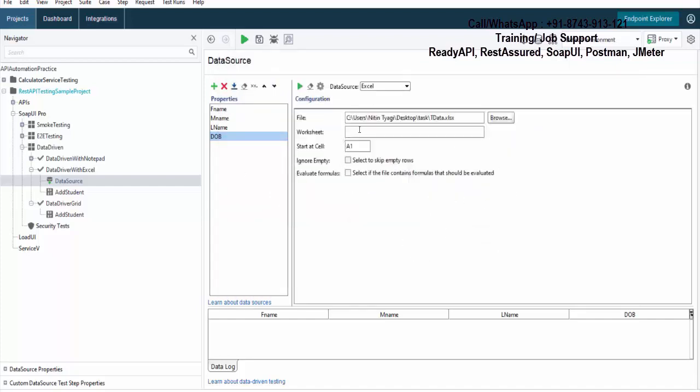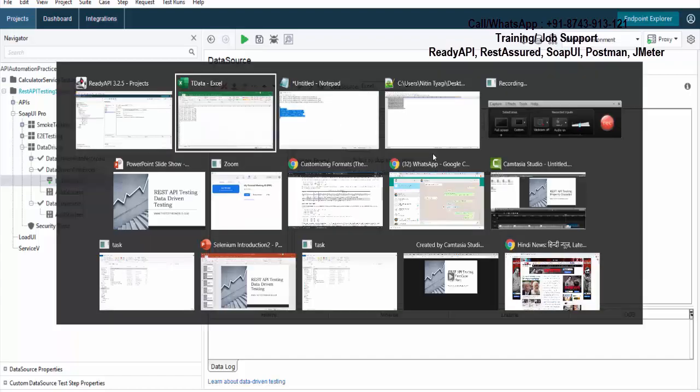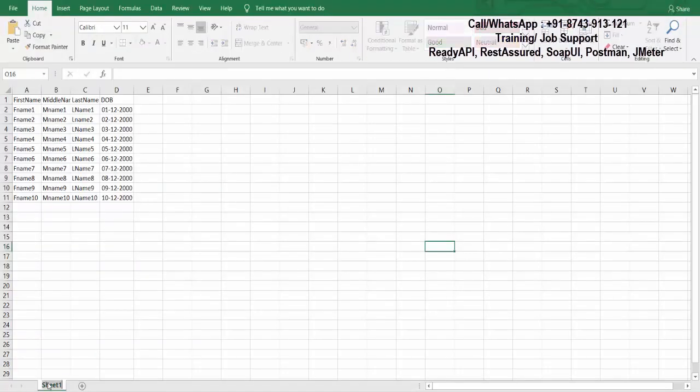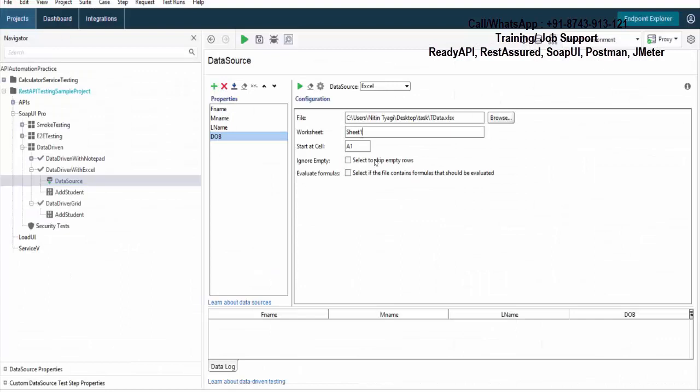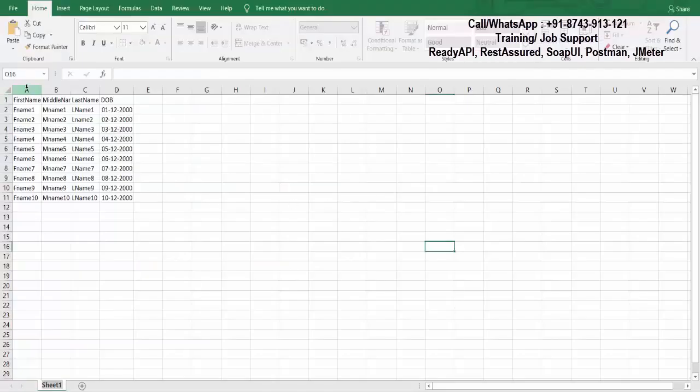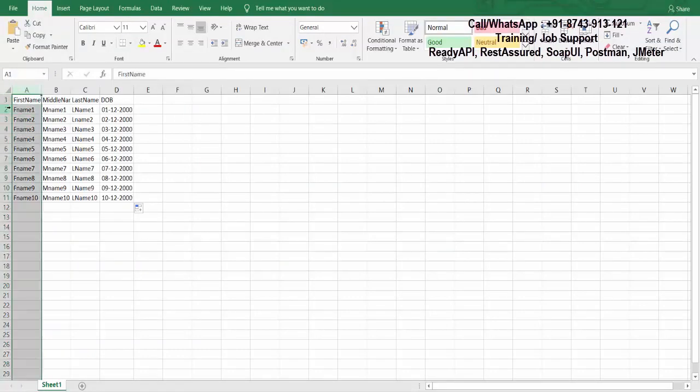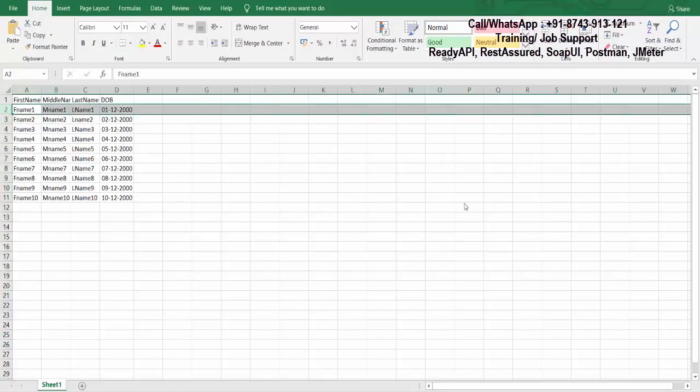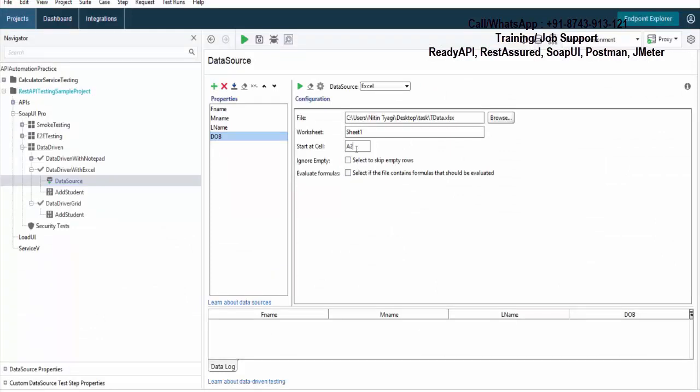From which worksheet? So if you remember, in the Excel I was on sheet 1. So I'll just select it. I want to fetch it from sheet 1. One more thing we need to check here. What is our starting cell? So if you can see, in my A1 cell, that's a header. I want to start from A2 because the first line is a header. So I'm saying start from A2.